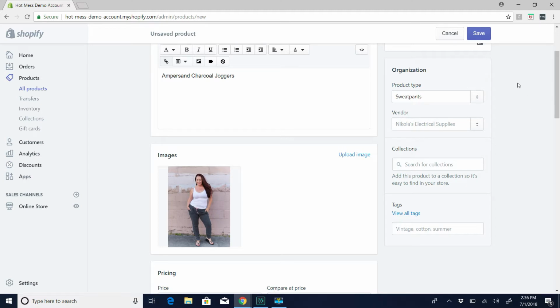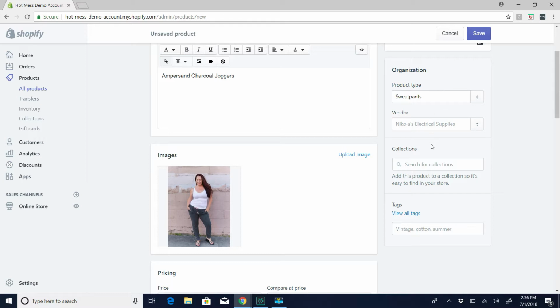But again, this is internal, and the only reason to work on this, and it's nice if you have it right in the beginning, is later on, you can use an app called Delirious Profit, and it runs reports based on product type, which means that could help you with open to buy sort of things and figuring out what you're really selling the most of and what you need to buy more of and that kind of thing. So again, be a little bit more specific than your general categories, but still not so specific that you have like 100,